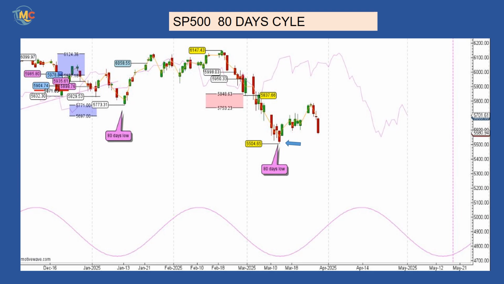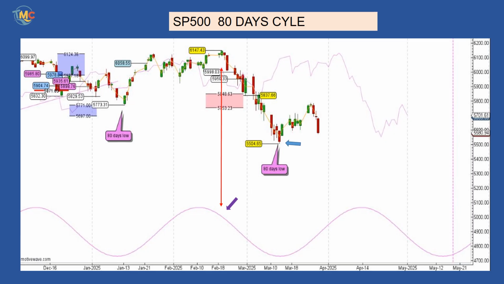That is 9 days longer than the 68 days average length of the Hurst nominal model, confirming the S&P 500 is in a downtrend. In a downtrend or in a bear market, usually the cycles run longer than in an uptrend or in a bull market. The peak of this 80 days cycle occurred on the right part of the cycle.